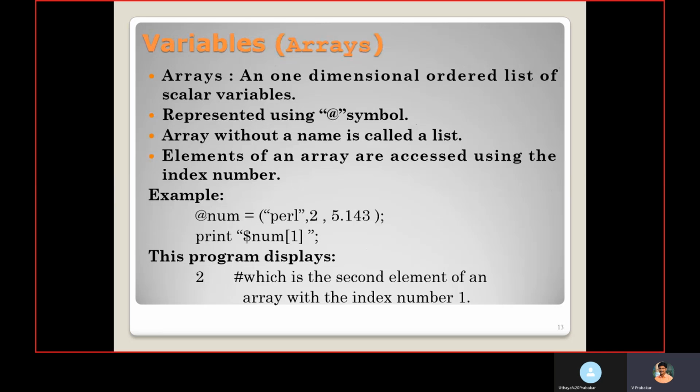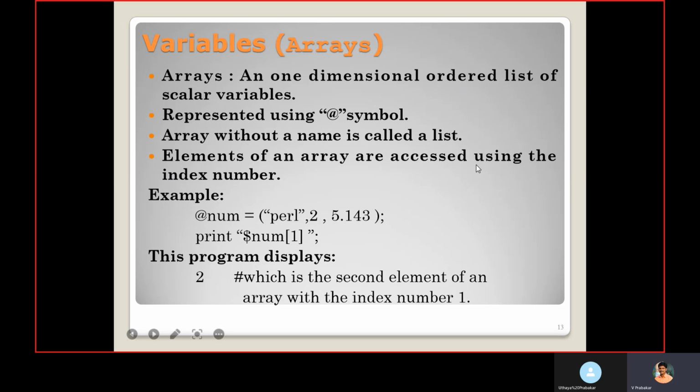It is represented by the @ symbol. If you represent the array variable, we should use this @ symbol. An array without a name is called a list. If you assign a name to a list, that is an array.